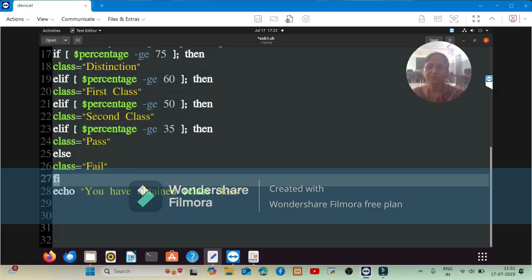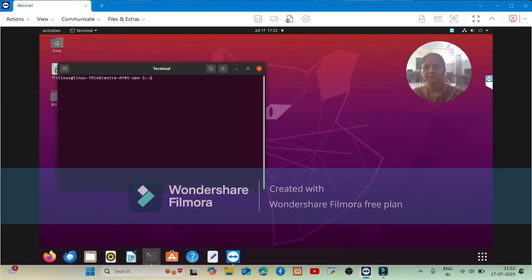Once we close our if condition, we have to display what class was obtained by that particular student. There is an echo command, and using this echo command we display the message: you have obtained dollar class. Dollar class will be replaced by the value of the variable class. Let's run this program. So save it, Control S and close.